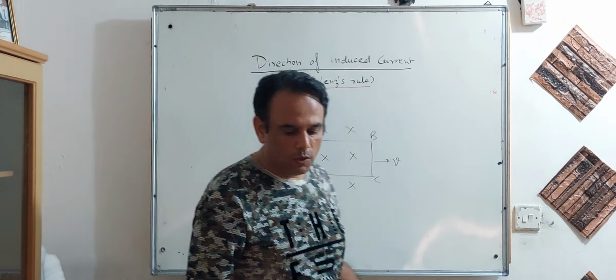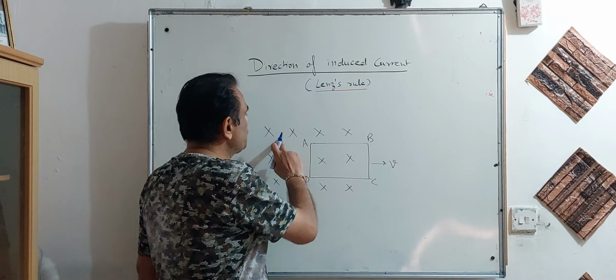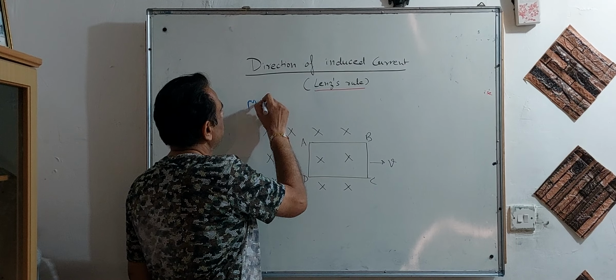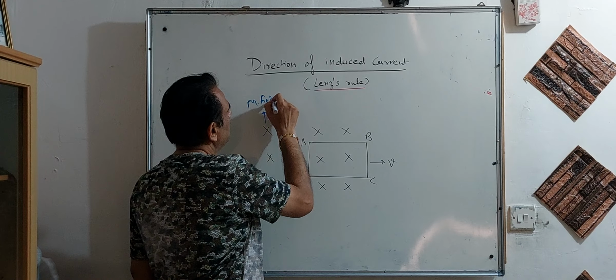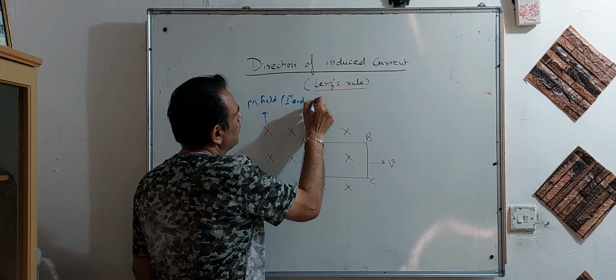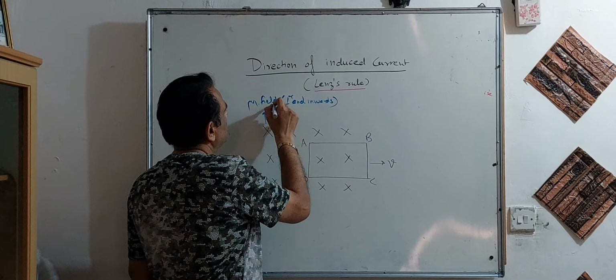So you can see here I have drawn magnetic field with an into sign. Into means magnetic field perpendicular and inwards. How is the magnetic field? Perpendicular to the plane and inwards. And you see a rectangular coil ABCD is going out,